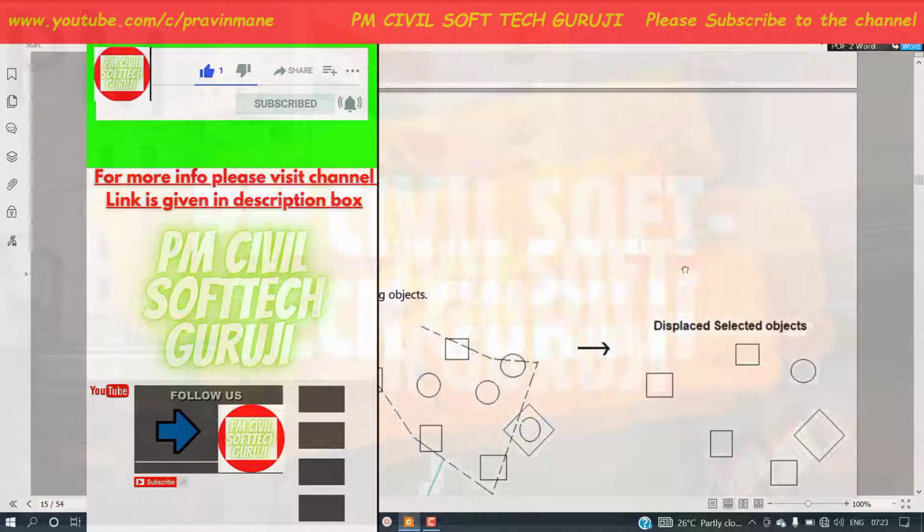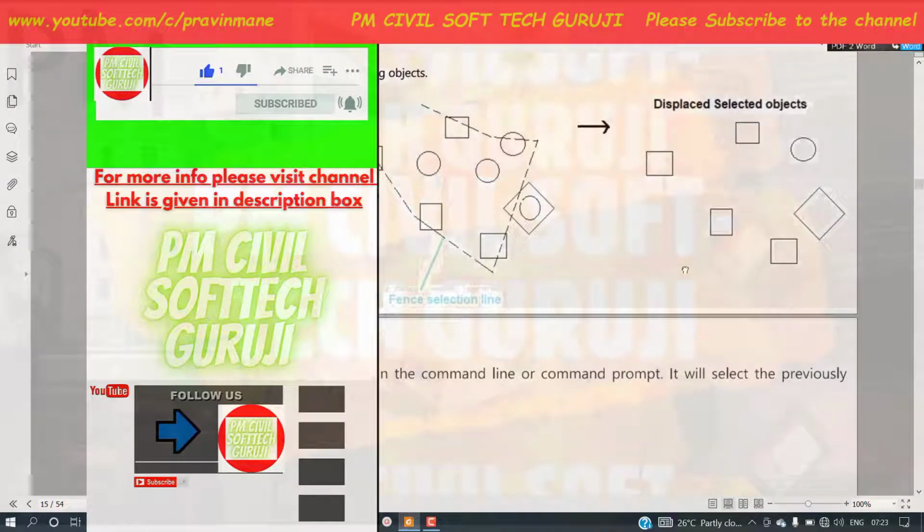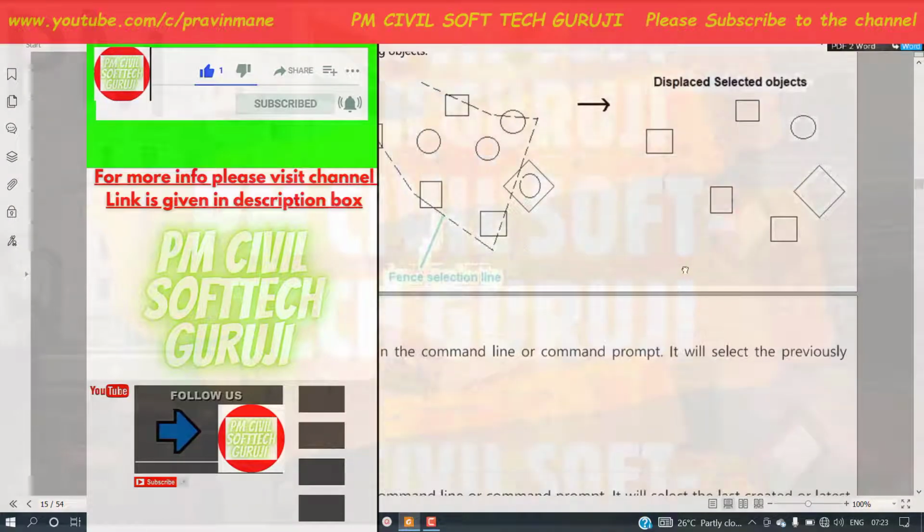As shown in the figure, specify the fence on the object by clicking a number of points on the object. Whenever you click, just release your mouse. Press enter two times after finishing the clicking. Specify the point for the displacement of the object and move the object. So that is the fence selection.